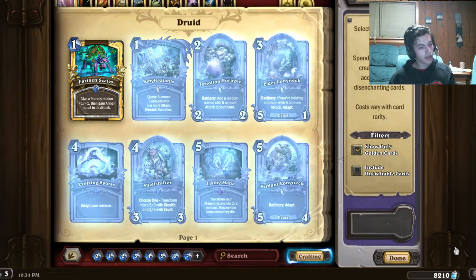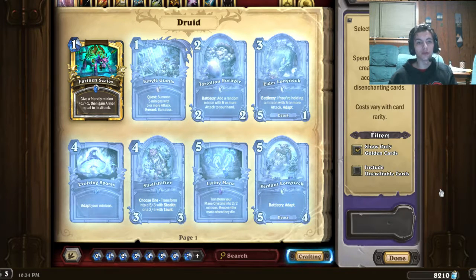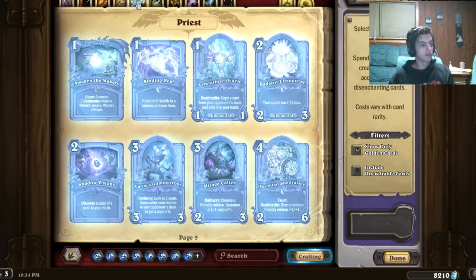I currently have 8,210 Arcane Dust, which is more than enough for two legendaries and then some, so we're going to go ahead and pimp out our priest. And then after that, we'll leave any of the dust for other stuff that I want for, actually getting my